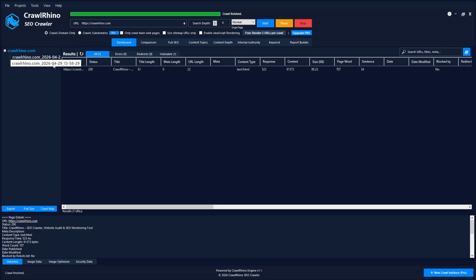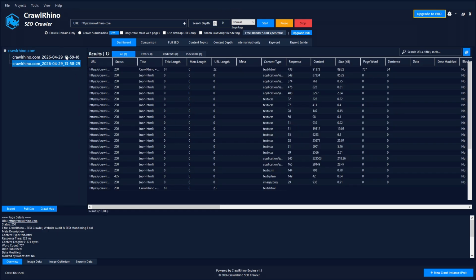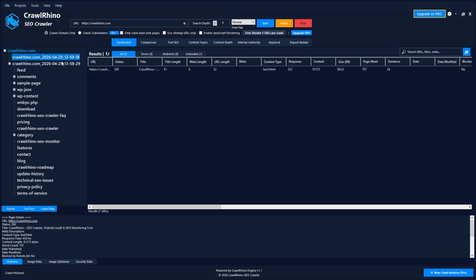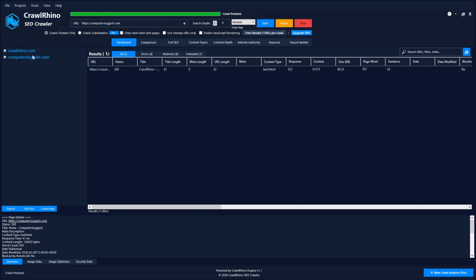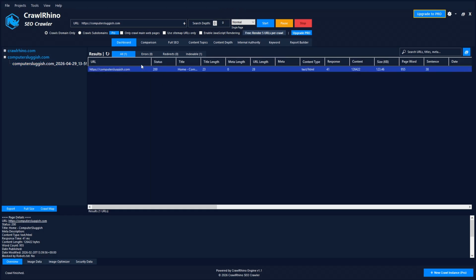it's now going to add another file and you can see there we've got our two history files. I can now just simply click between the two different crawls. And you can also type in another domain as well. If I was to put in computer sluggish and then go start, you're then going to see computer sluggish is now in the tree view. We can expand that and you can see it's got the timestamp